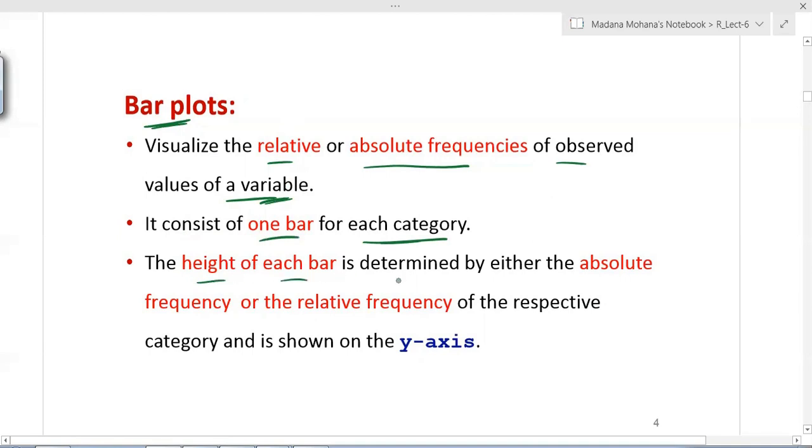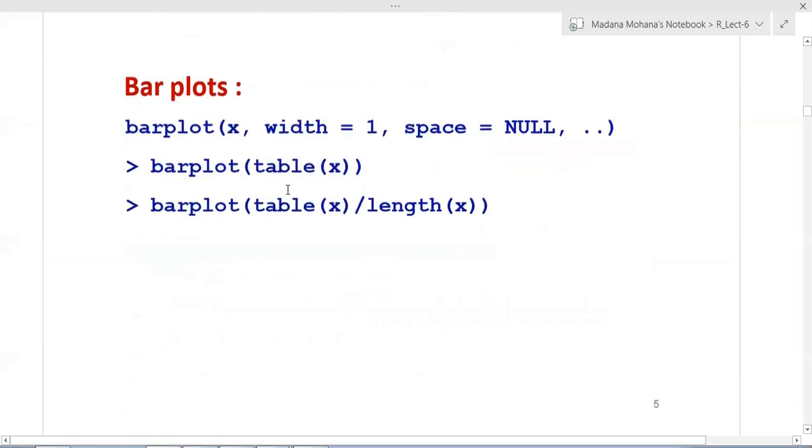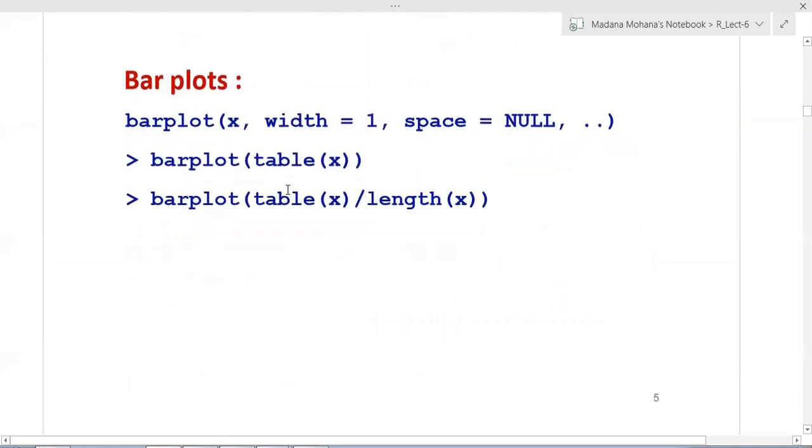The height of each bar is determined by either the absolute frequency or the relative frequency of the respective category, and that can be shown on the y-axis. So this is a bar plot. Now in R software, the syntax for creating a bar plot is the command barplot, without space, within function brackets.